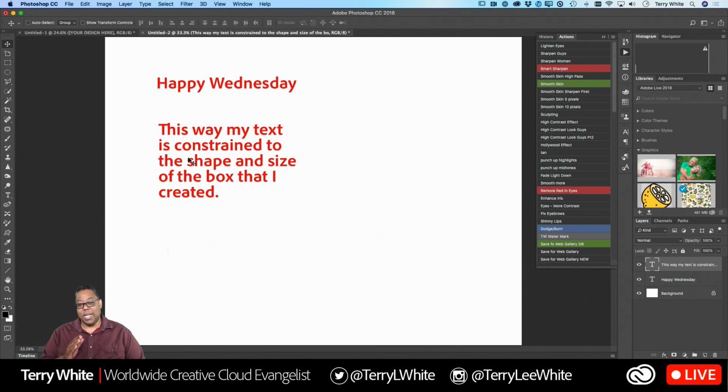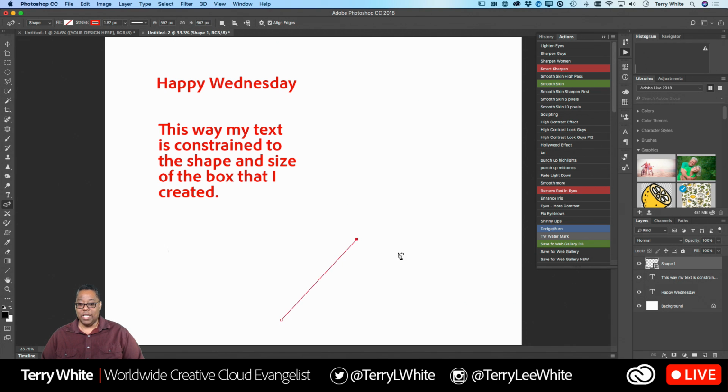Another one that I get all the time, and this is kind of like one of those old hidden things in all of the programs. All three do it, but all three do it a little differently. Two of the three are the same, and one's different. Photoshop's different. All right, so here's what I mean. Let's say I take a tool like the curvature pen tool, and I click, and I click, and then I start getting curves like that. And I click again, I get another curve. Cool. And then now if I go to my type tool,